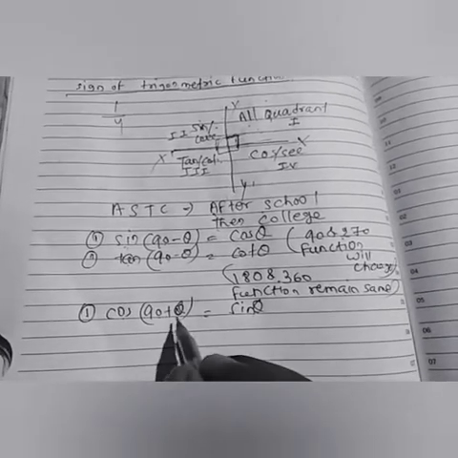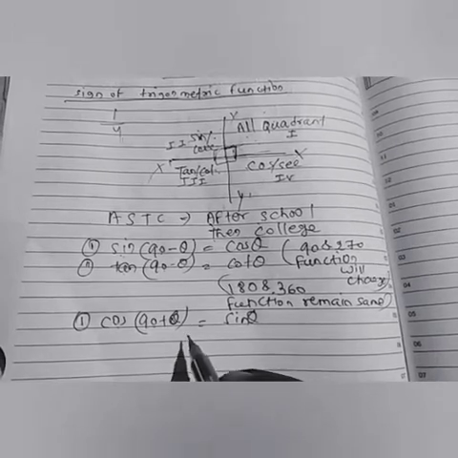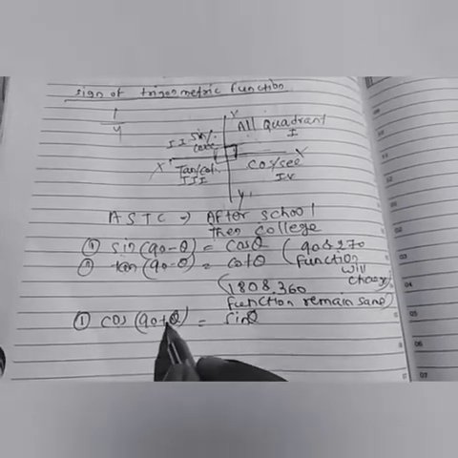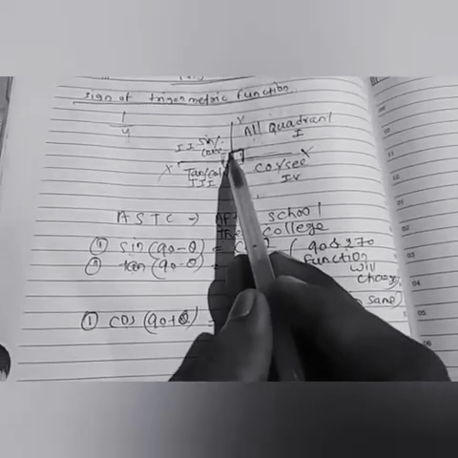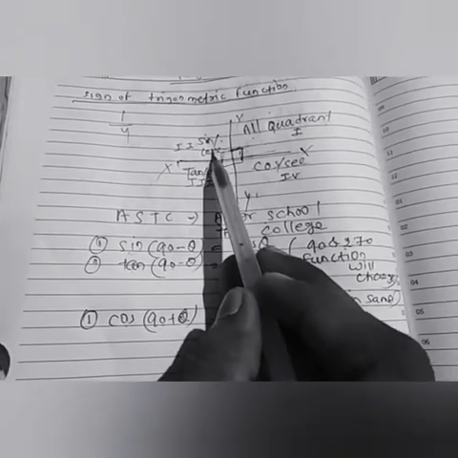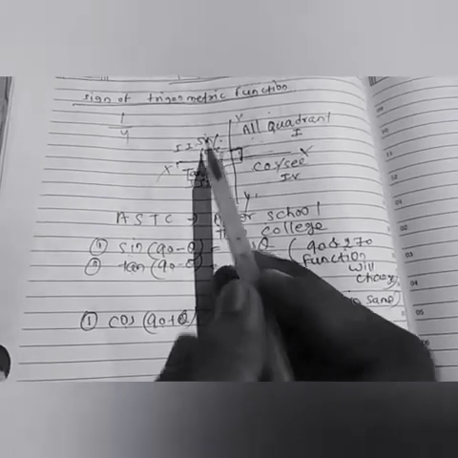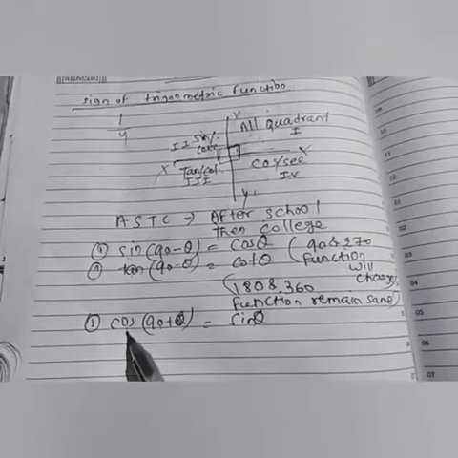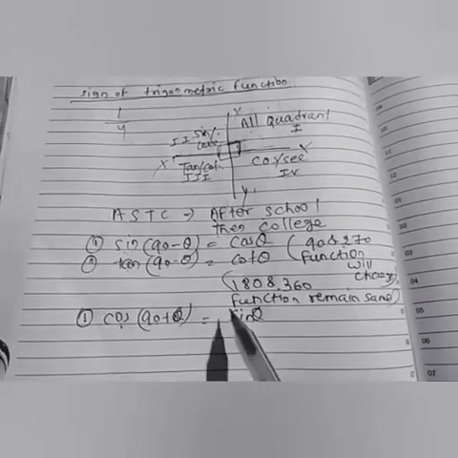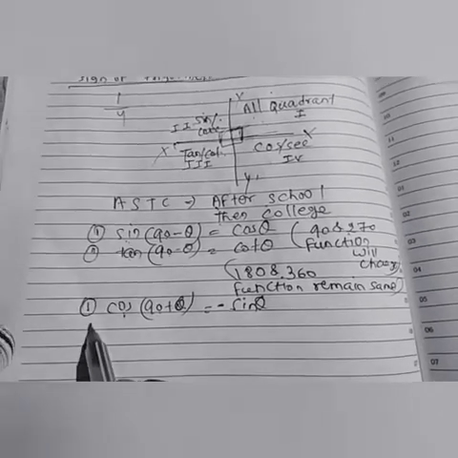Then we check what is the sign, plus or minus. 90 means first quadrant, then when we add theta, it goes to the second quadrant. The second quadrant is positive only for sine and cosec. But our function is cos, so it is negative. Understood? But for sine